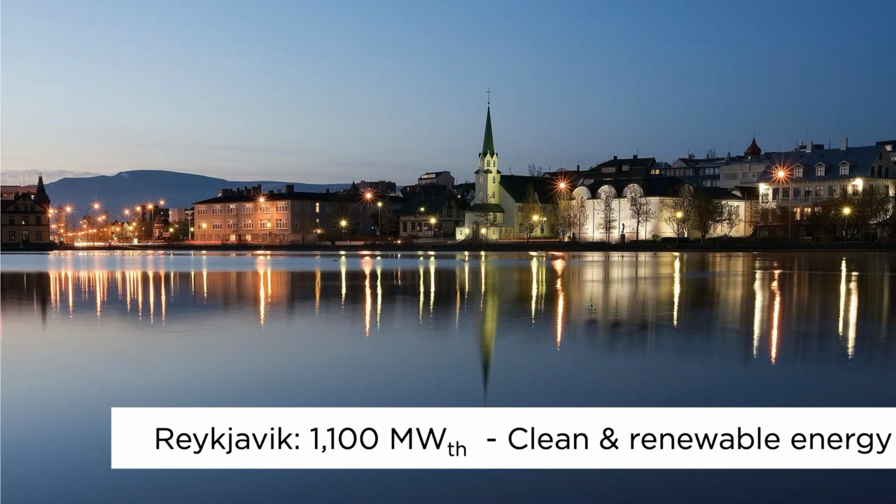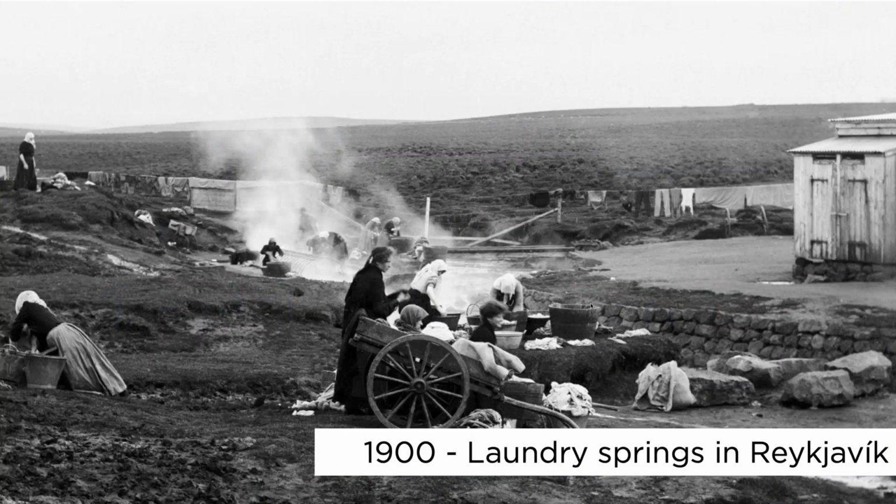Reykjavik is the capital of Iceland, and the Reykjavik area represents about 200,000 people, so a predominant part of the country. And it's today supplied by around 1,100 megawatt thermal capacity. And the history goes back to the early 1900s when in Reykjavik, the Smoky Bay in English, part of the outside of the city were hot springs, which had been used by local women for doing laundry. And these hot springs, with the spreading city, are now within the perimeters of the city itself.